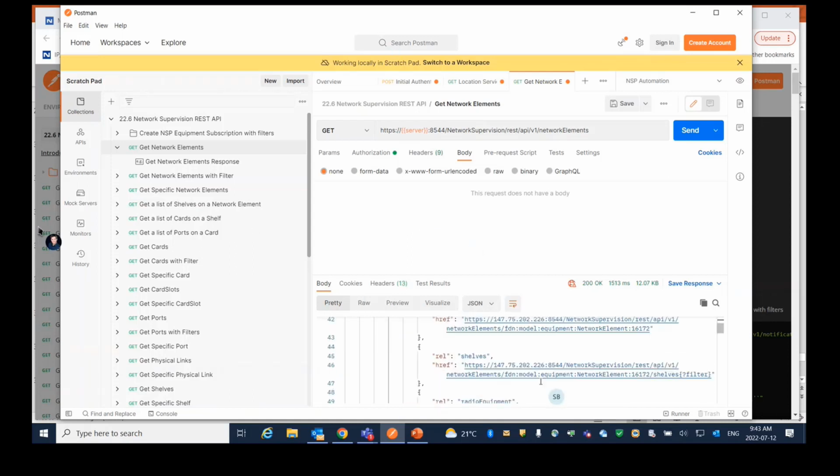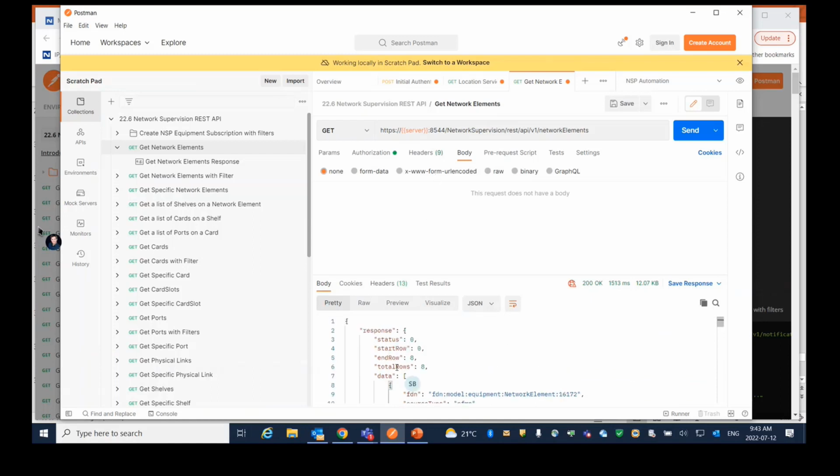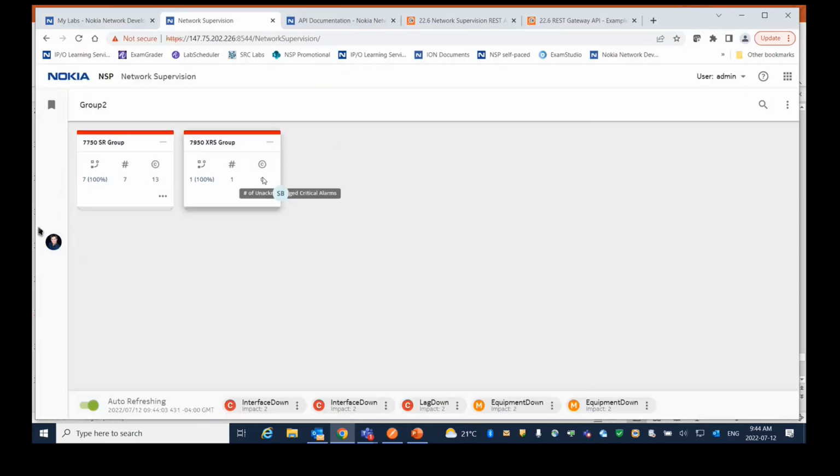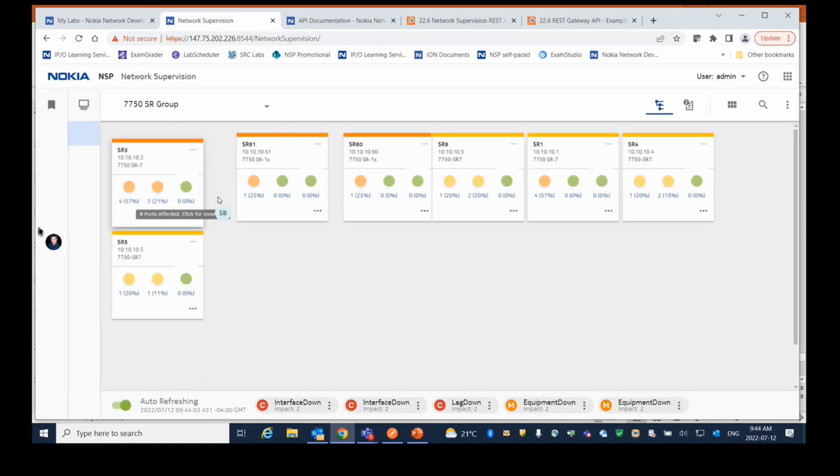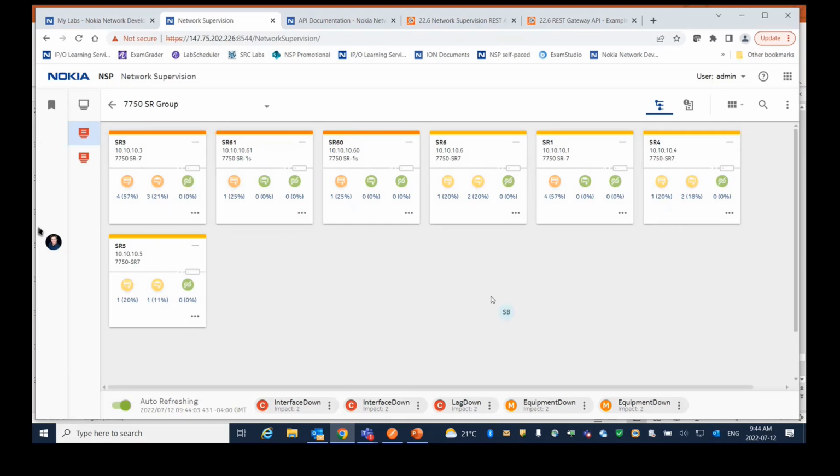Now, if I run down through this, you'll see 8 total rows. I have 8 network elements. Running over to the network supervision, you can see I had 2 groups configured in network supervision. Here I have 7 network elements and 1 network element. I'm not going to go down through every single network element, I guarantee you that